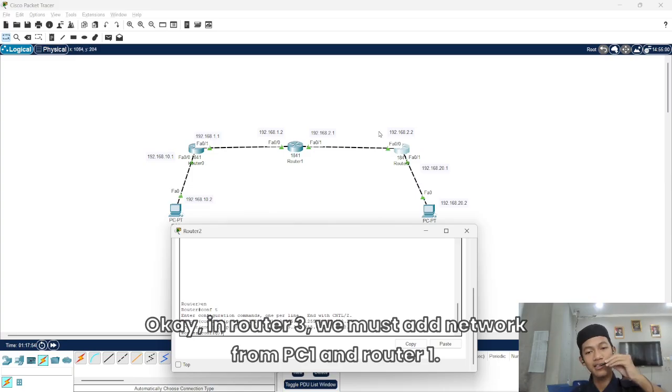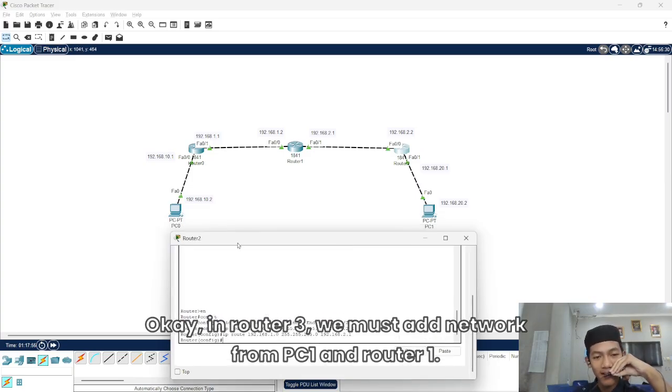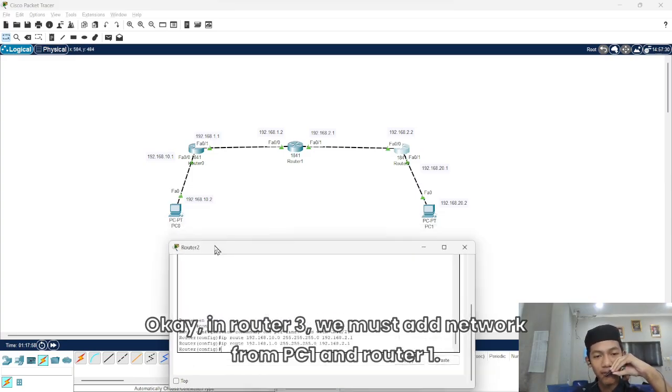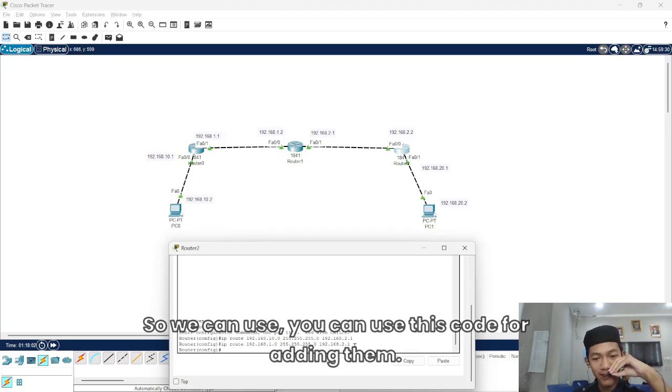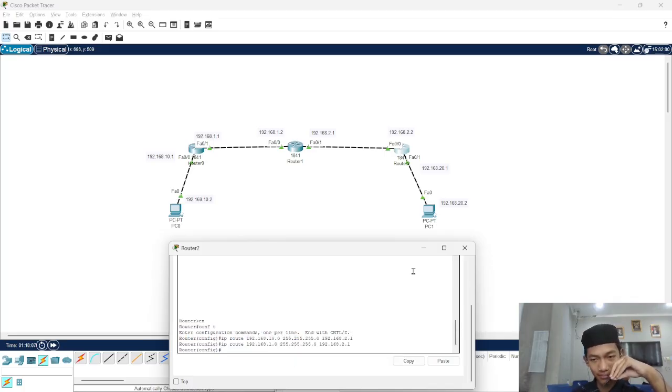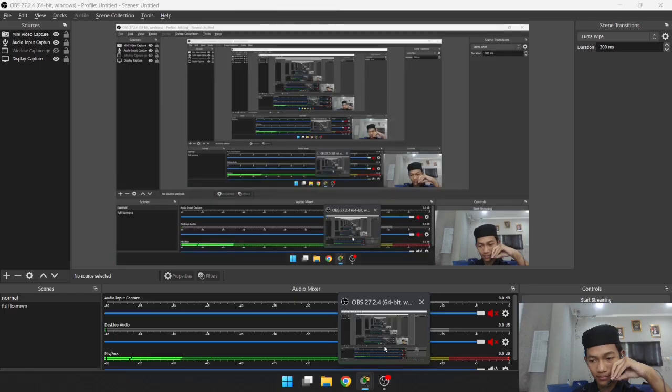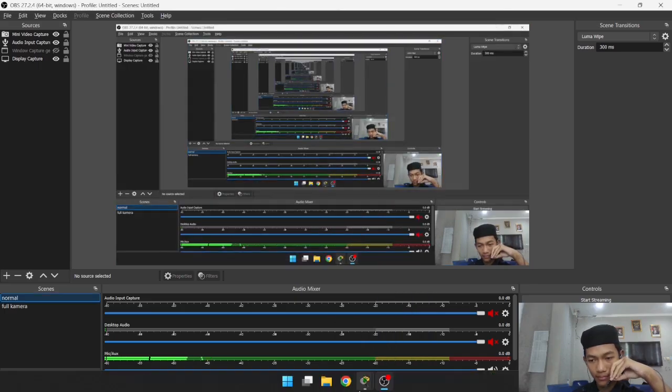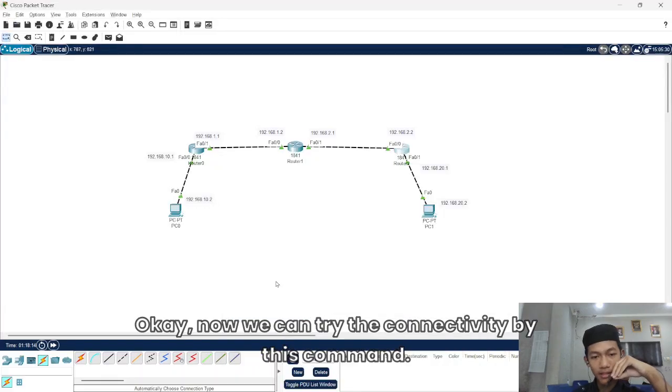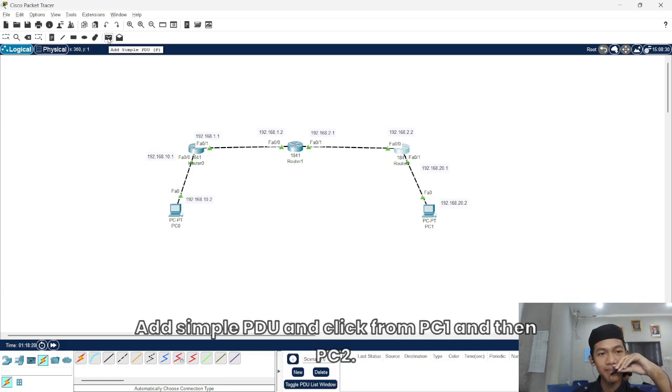In router 3, we must add the networks from PC1 and router 1. So you can use this code for adding them. Now we can try the connectivity with this command: add simple PDU, and click from PC1 and then PC2.